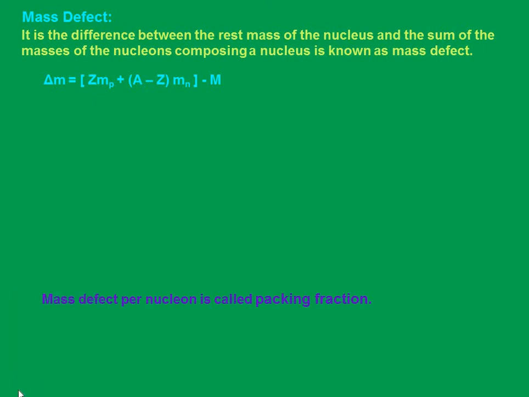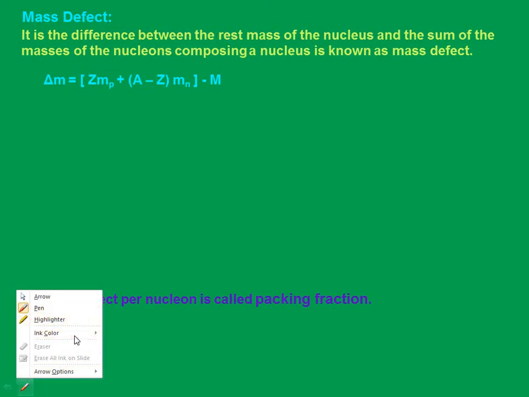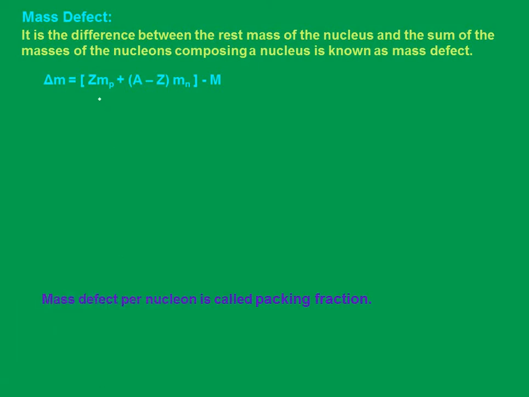So this particular part is the mass of the nucleons, while this is the mass of the nucleus, the rest mass. Are we clear with this? Okay. And the final answer, or you can call that the total definition, is delta M equal to Z into Mp plus A minus Z into Mn minus M. Are we clear with this? Right. Suppose you want to represent it in a different notation,